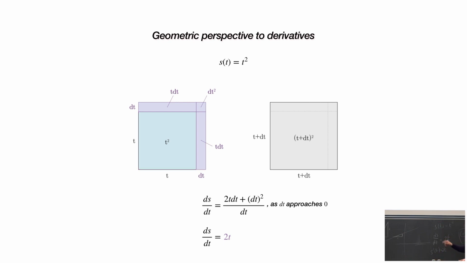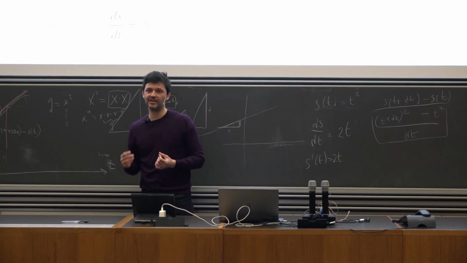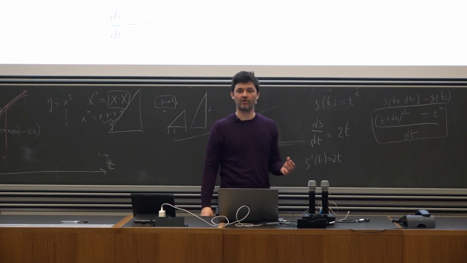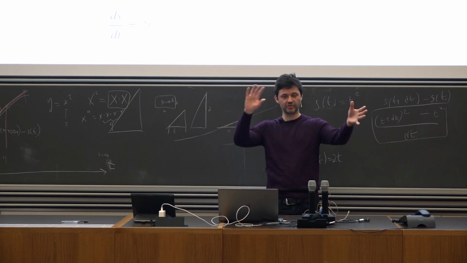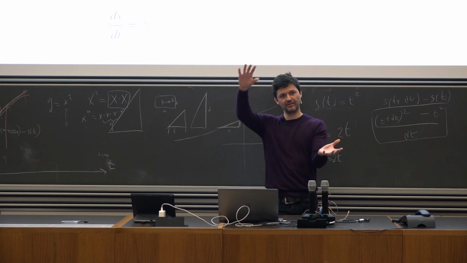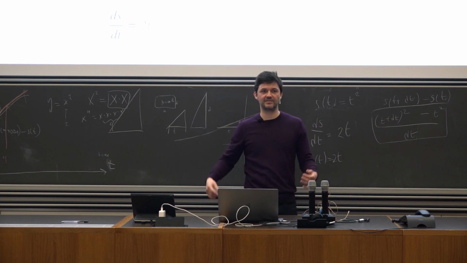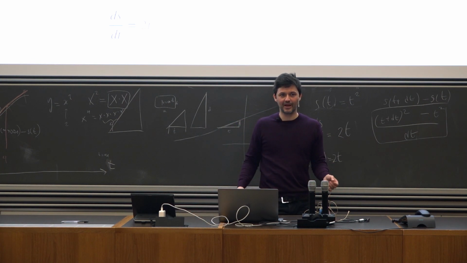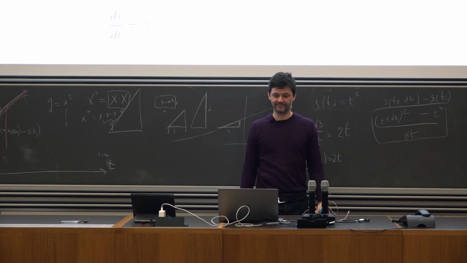But what are these 2t's? These are these two lengths of the edges. So one left edge and the bottom edge. The left edge and the bottom edge is the derivative. So the derivative, in a geometrical sense, is some kind of residue of geometry. If you have certain geometry in certain dimensionality, the derivative would be a lower dimensionality residue. So you cannot express it as an area because it's length. But it's the length which is attached to this area.